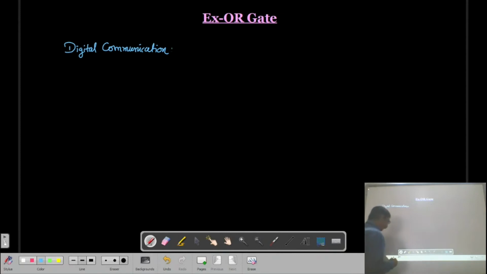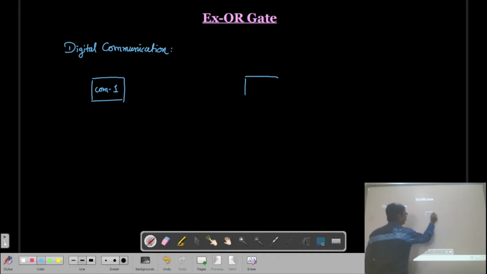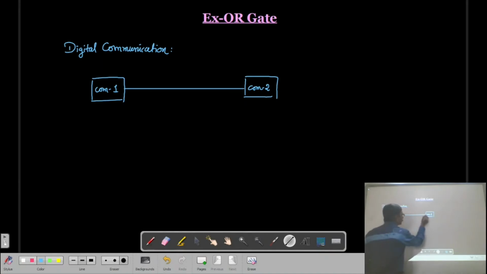So let us say here we have a computer. This is computer number 1, and on the other side we have computer number 2. Now there is a communication link between these two computers.